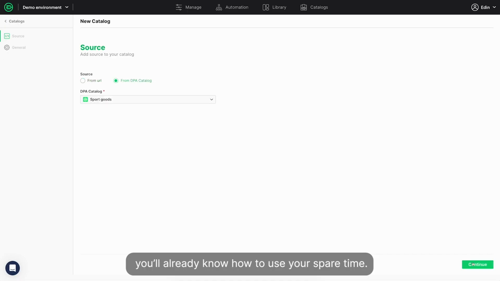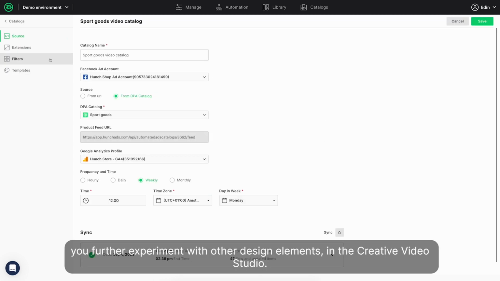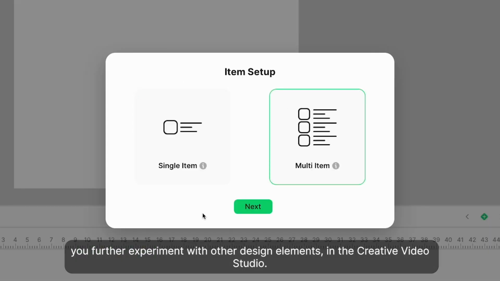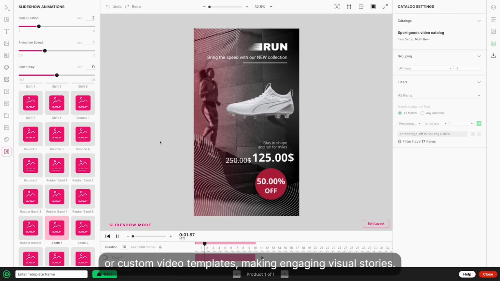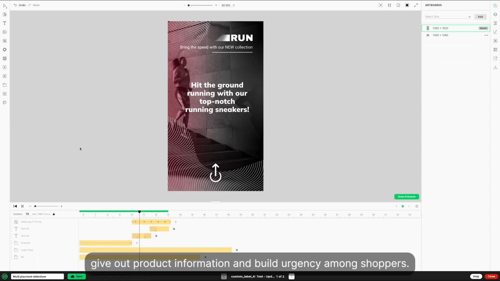To make the most engaging video ad, Hunch uses your product data from the DPA feed and lets you further experiment with other design elements. In the Creative Video Studio, you can build dynamic slideshows or custom video templates, making engaging visual stories. A perfect dynamic touch to your design would be animated call to actions that give out product information and build